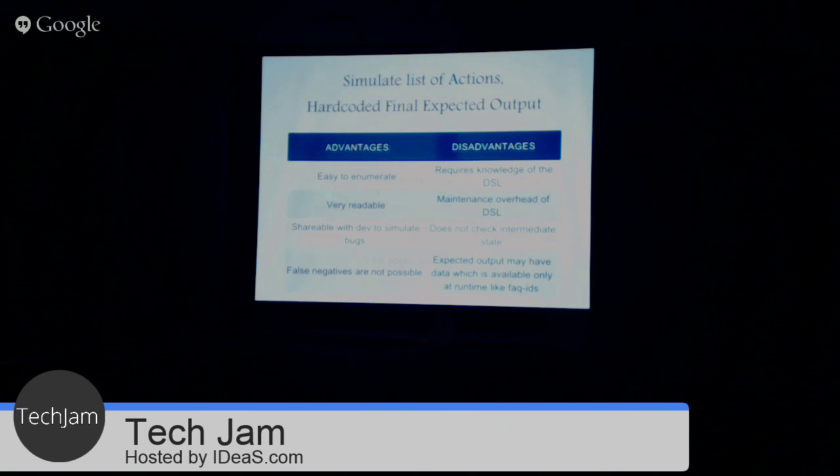But it becomes easy to enumerate. If there is a slight modification in the test, I can just modify that DSL, boom, the test is ready. I don't have to worry about what the new output is that needs to be made. It becomes very readable. If you saw the first example and second example, the second was much more readable, even to a new guy, in terms of what this test is about. And one of the side effects of this is that it becomes shareable with devs to